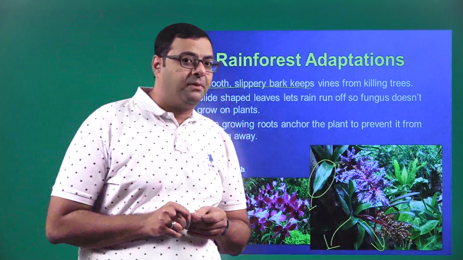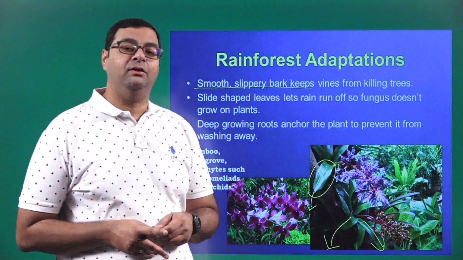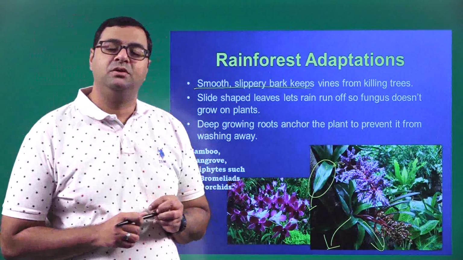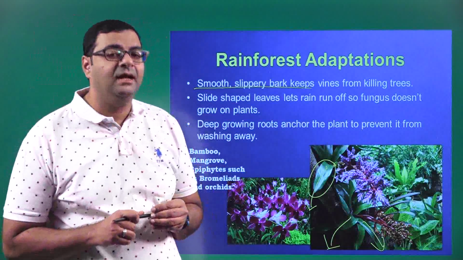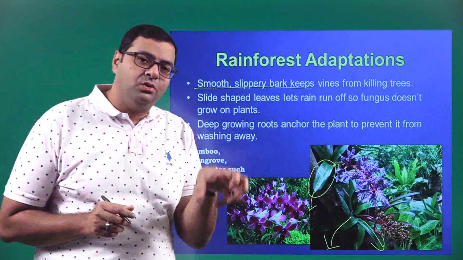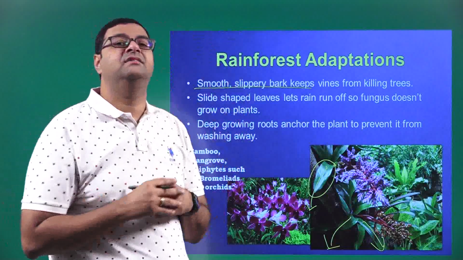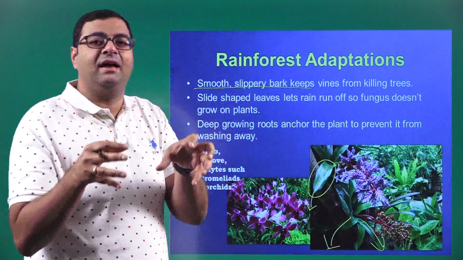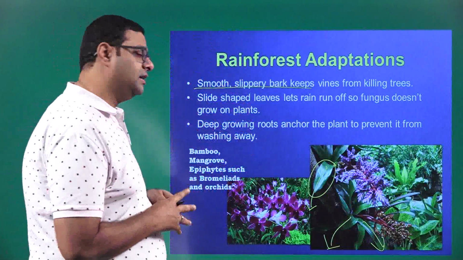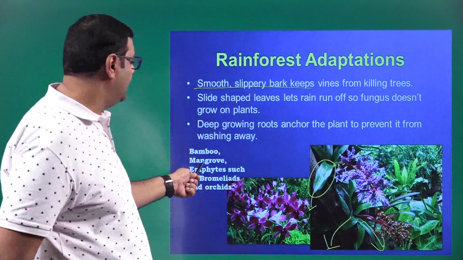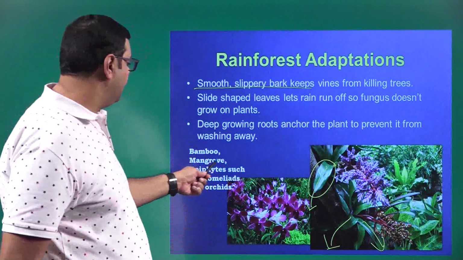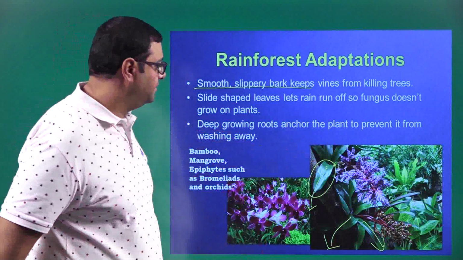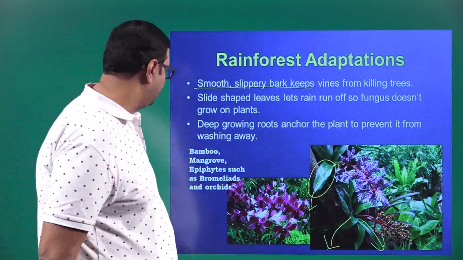So the roots of the plants are buried very deep into the soil in the rainforest. And also in desert adaptations, the roots are buried deep because the roots have to suck water and nutrients to make the desert plants survive. Here in rainforest, the roots have to go deep because they have to anchor themselves to the soil. So examples, you have bamboo, mangrove, then you have epiphytes such as bromeliads and orchids. These are orchids and this is the bromeliad. Moving on,